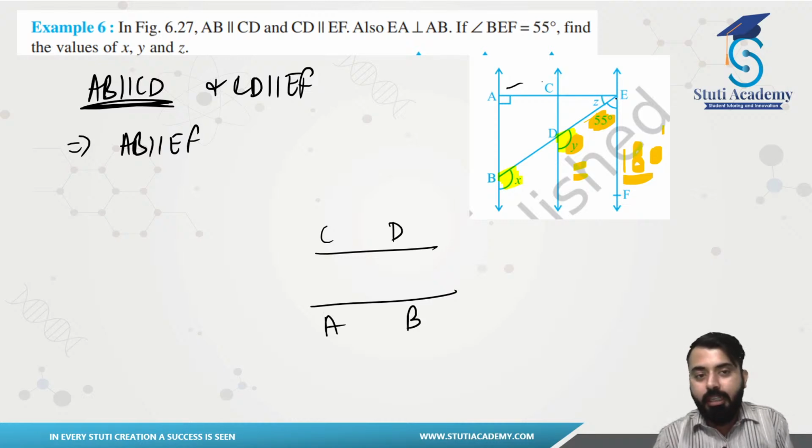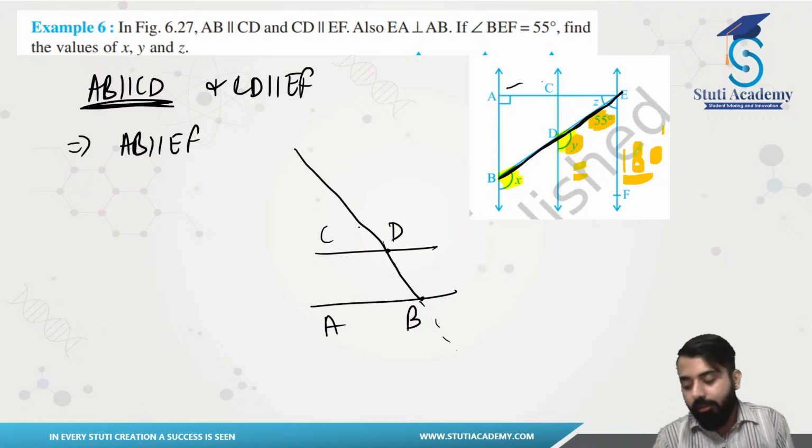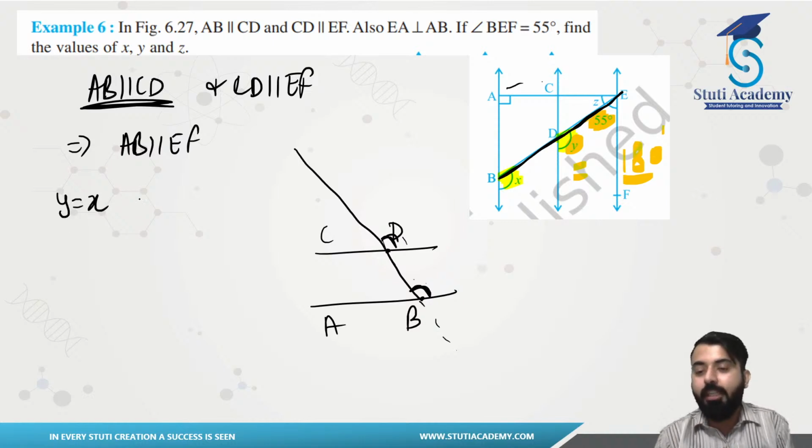Now you guys see I have a kind of a transversal which is EB, right? It is passing through D intersecting at B, so it should be like this, right? This is point D, this is point B. And if I extend this line, this acts as a transversal to a pair of parallel lines, right? So a pair of corresponding angles will be the same. So that means Y will be same as X. Why? Because corresponding angles,